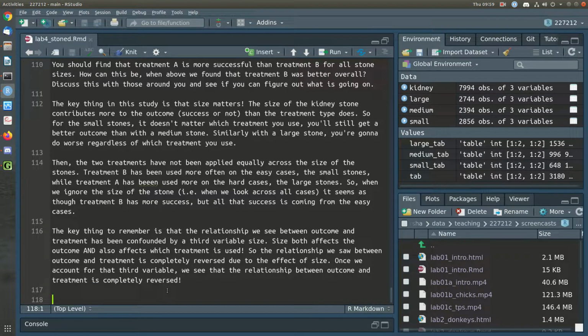So this is an example of what's called Simpson's paradox, where essentially if you look at two variables alone, then you get one conclusion, but when you separate it by subgroups, within each subgroup you get a different conclusion. And there are many famous examples of this. One that I like to use is a study in the 70s of women in the UK. In a particular town, they surveyed a bunch of women, and one of the things they asked them